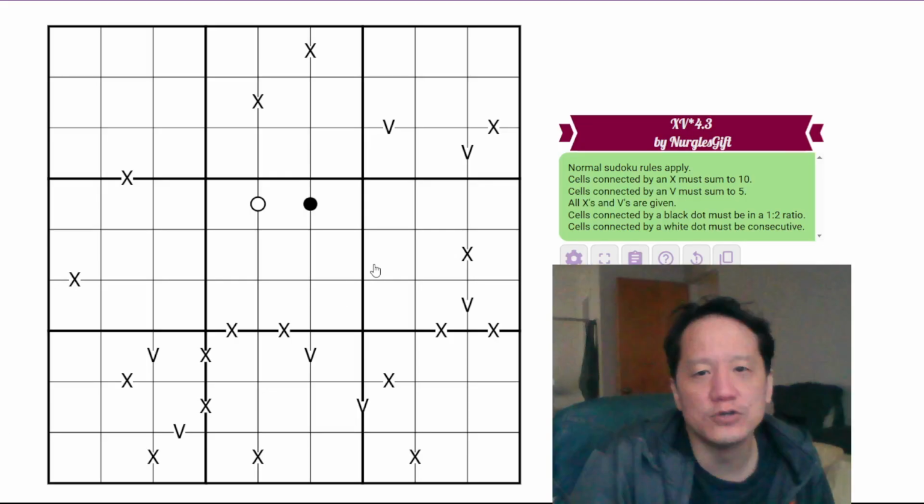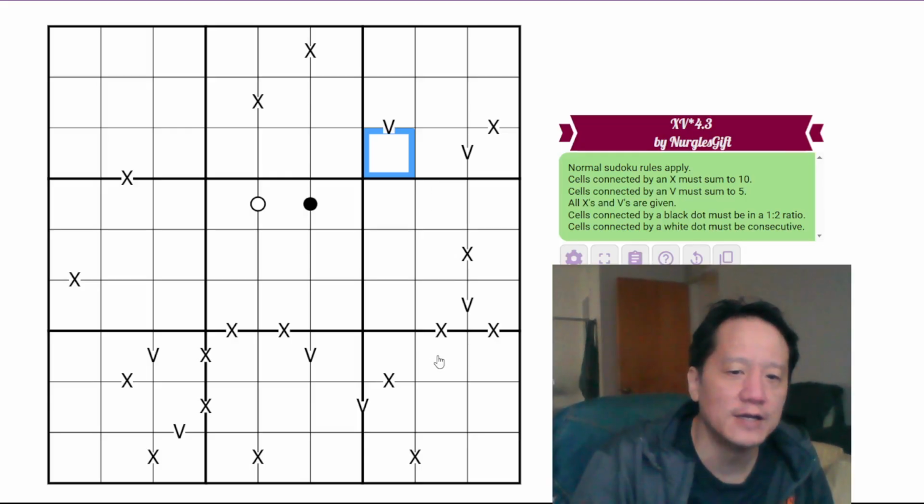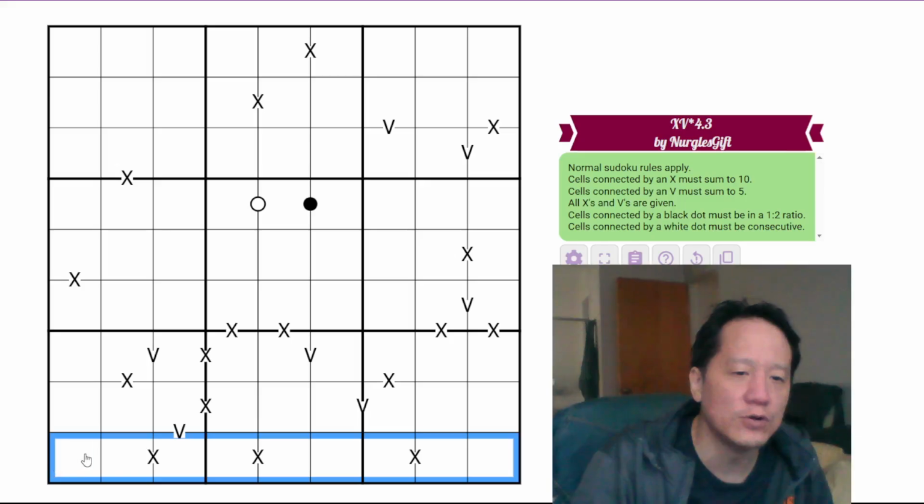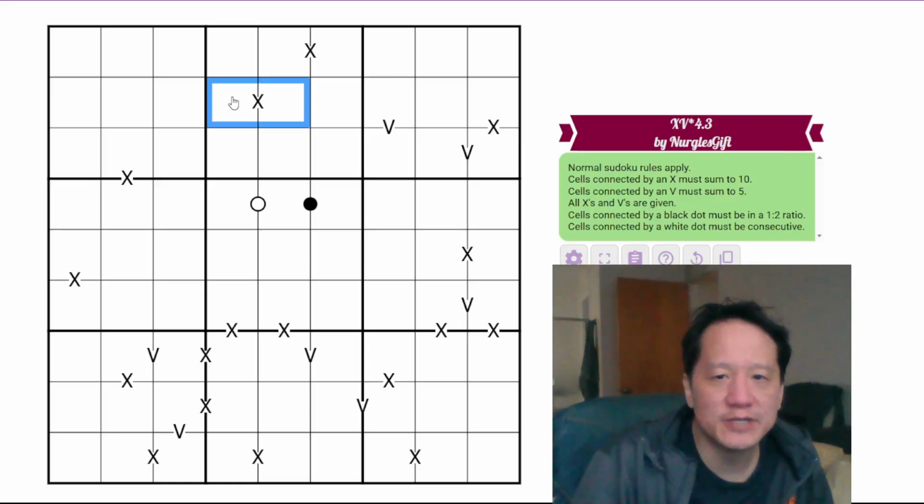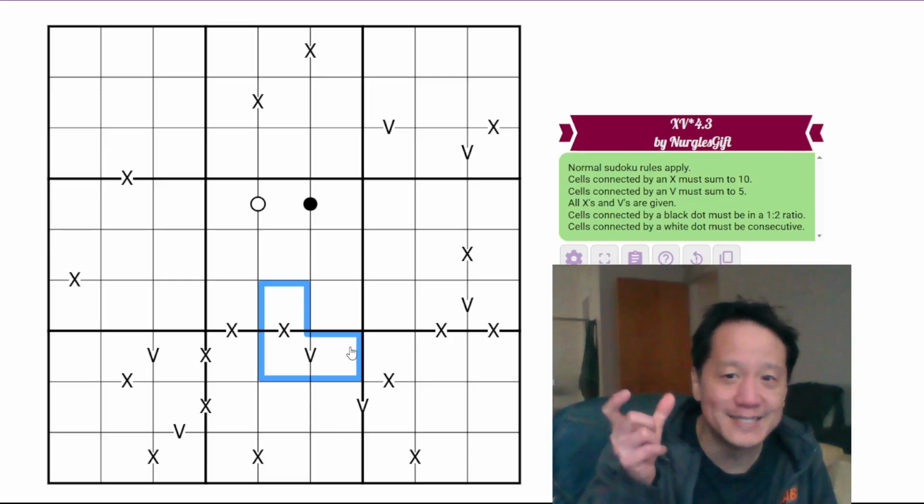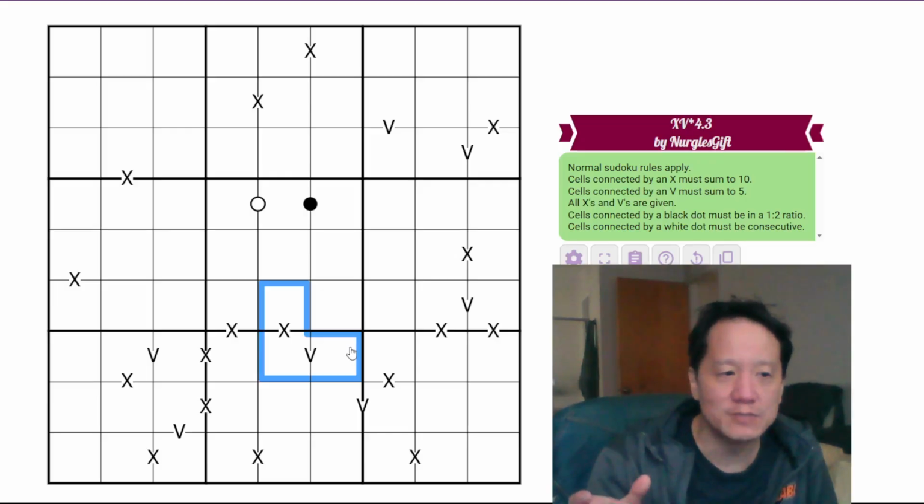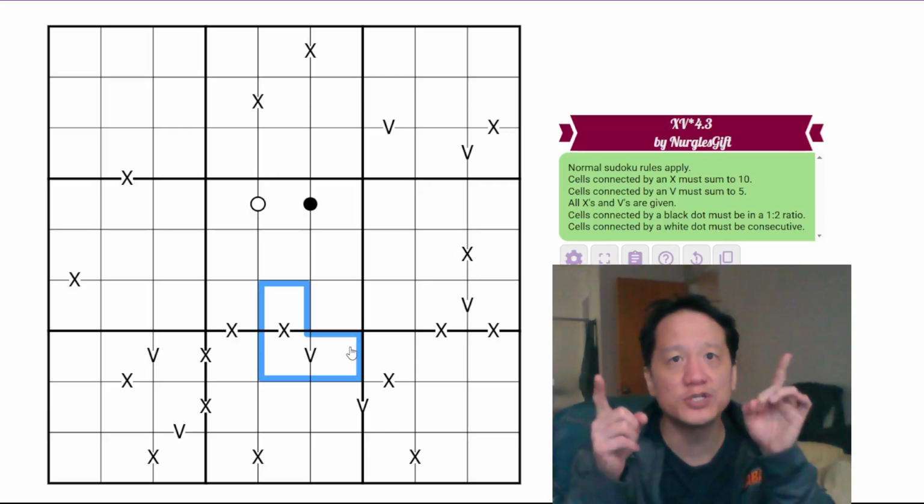We have normal Sudoku rules apply, which means in every cell in the grid, place a single digit from 1 through 9 such that there are no repeats in any row, column, or designated 9-cell region. Cells connected by an X must sum to 10, and cells connected by a V must sum to 5. And all X's and V's are given. So this is what we usually call a negative constraint, which means because there is an absence of a clue, that means that clue cannot